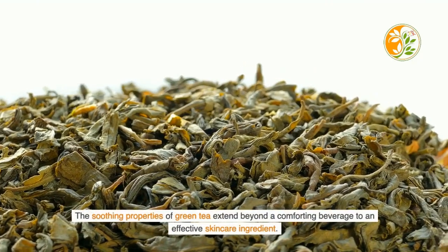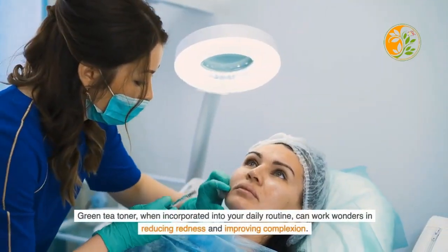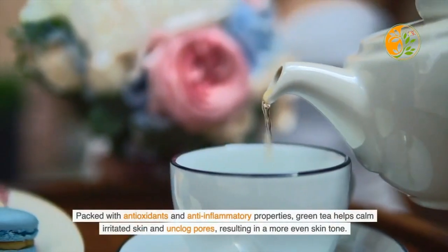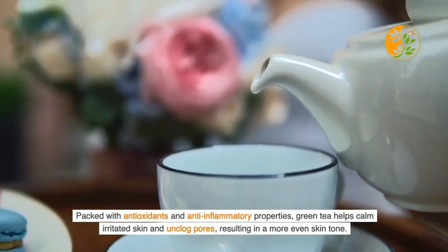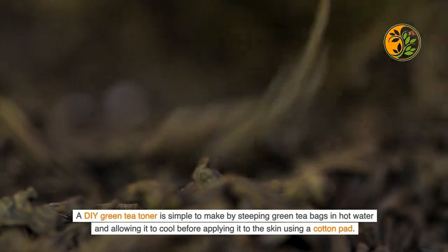The soothing properties of green tea extend beyond a comforting beverage to an effective skincare ingredient. Green tea toner, when incorporated into your daily routine, can work wonders in reducing redness and improving complexion. Packed with antioxidants and anti-inflammatory properties, green tea helps calm irritated skin and unclog pores, resulting in a more even skin tone. A DIY green tea toner is simple to make by steeping green tea bags in hot water and